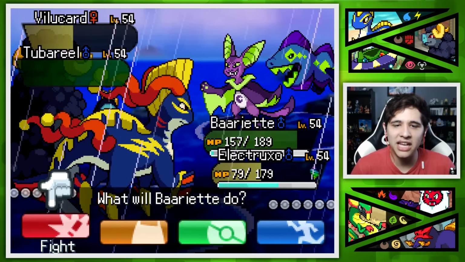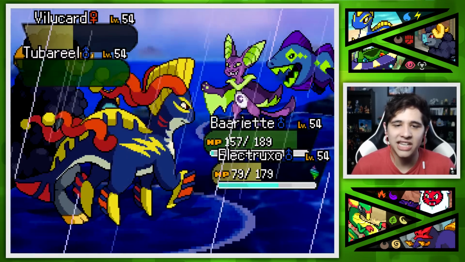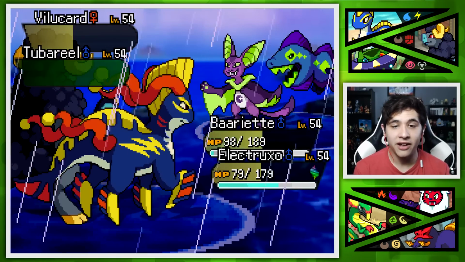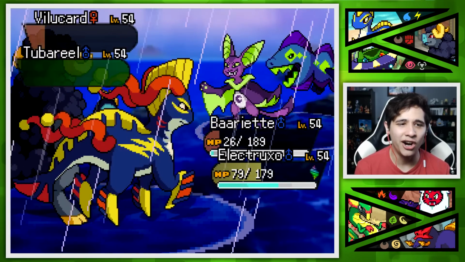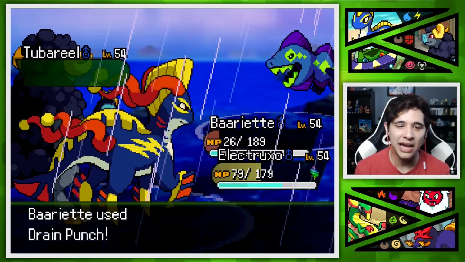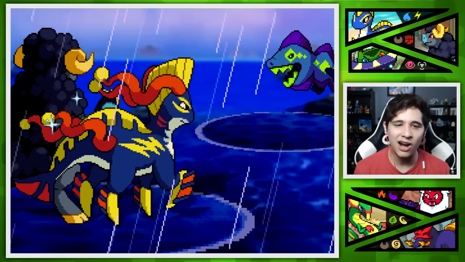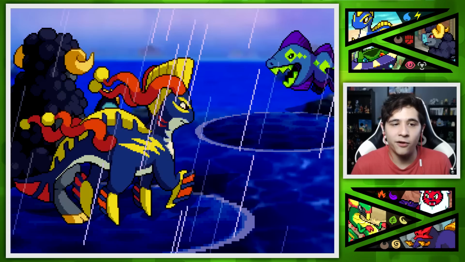Actually, this might be it as well here, because a Tubbareel is coming out. But actually this thing is a dark type, so hopefully Barriette can one-shot it. It's so crazy because both of these Pokemon we have out right now are actually able to Mega Evolve, but of course we can only use one, and oh my gosh! That Aqua Tail hurt! Thankfully Vilucard goes down, so there's no chance that I can take down Barriette, but dang! We also have Drain Punch, so of course we're going to get most of our HP back here, but still, dude, that Aqua Tail, I guess because the Drizzle is out right now, actually, makes it even more powerful, but